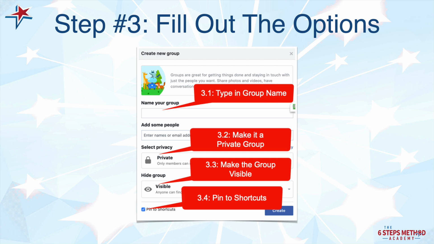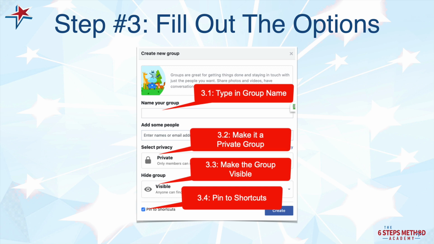Step 3.2 is to make it a private group. You can have a public group or you can have a private group. What we're going to be doing right now is going to need you to have a private group, because there's benefits to having both public and private, or either or. But we are going to be essentially using your group to attract leads to you, and ideally they're not going to be able to see what's inside of the group, so they're going to need to join the group first